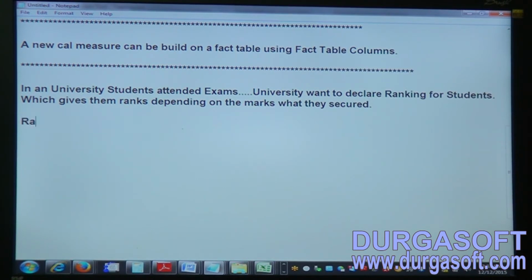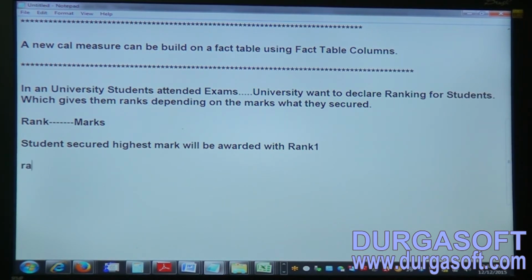So here, I can apply rank to their marks so that the student who secured the highest mark will be awarded rank 1. The same way rank 2, rank 3, like this. In the same way, we have two columns, revenue and units, and revenue, which shows the